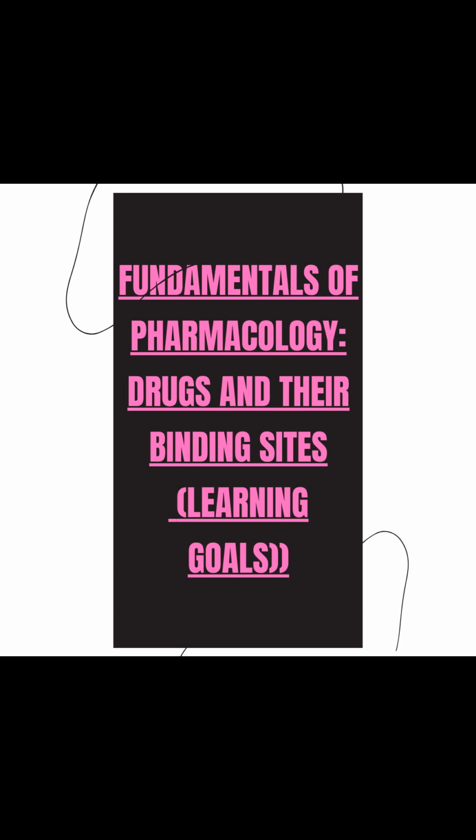Agonists are drugs that bind to a receptor and activate it, leading to a physiological response. They mimic the natural ligand's action on the receptor, essentially turning it on. Agonists can produce a full response from the receptor and are often used to enhance or mimic the effects of endogenous signaling molecules. B. Partial agonists. Partial agonists also bind to a receptor and activate it, but their activation is weaker compared to full agonists. They produce a submaximal response even when all receptors are occupied.